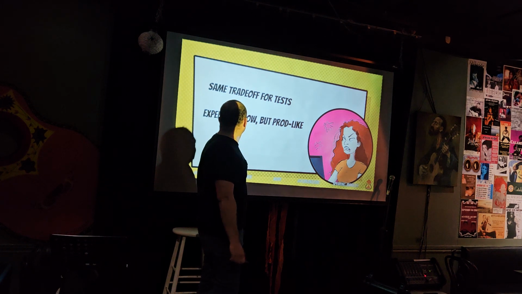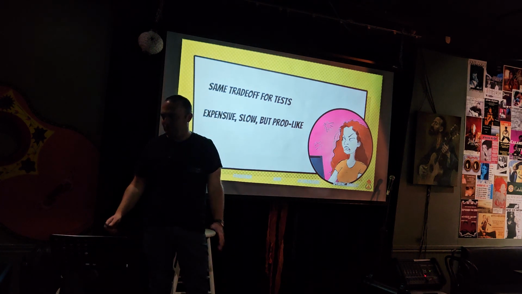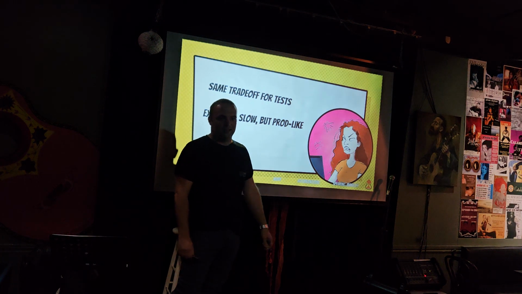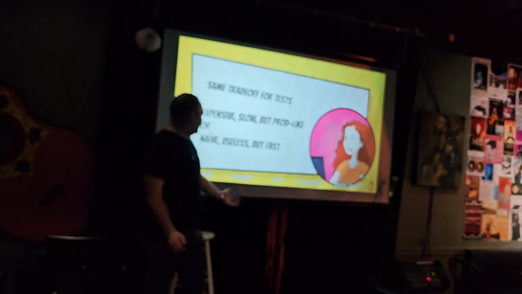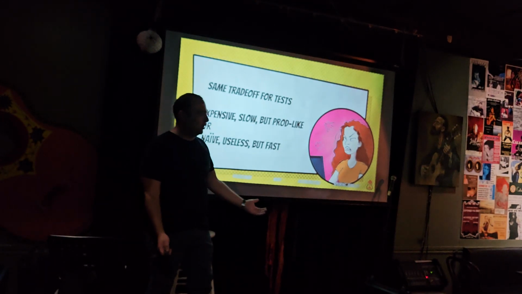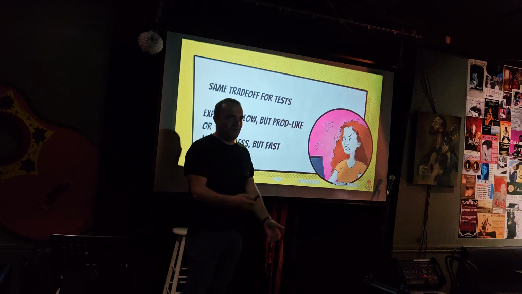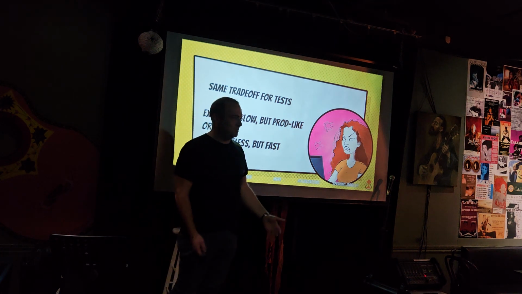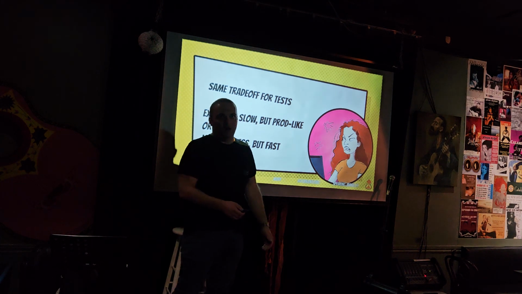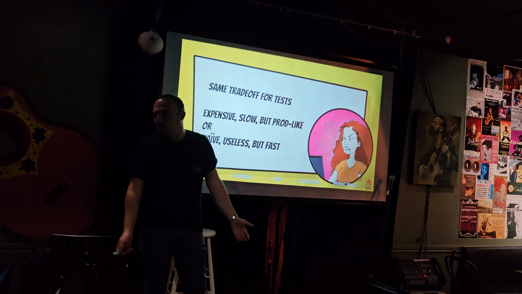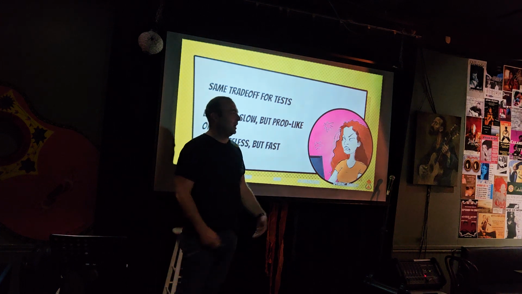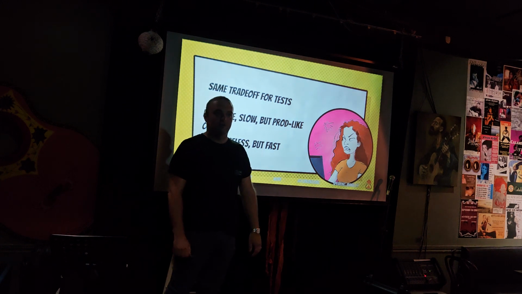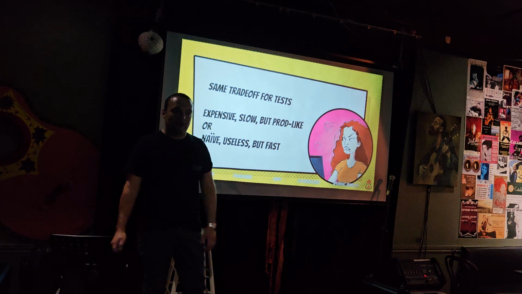All right, cool. Tests as we know them today are a trade-off. They're either expensive, slow, and production-like. Baruch talked a lot about CI testing. Or naive, useless, but fast: mocks. All of us do mocks, right? They give you fast feedback, except they're completely wrong. The choices we have are wrong tests, or staging environments, or CI, where we wait and get asynchronous feedback that Baruch has told us about. Is there another way?